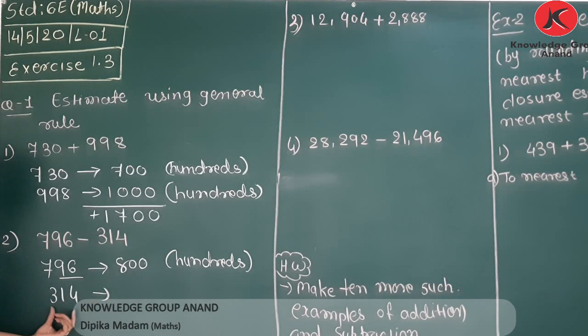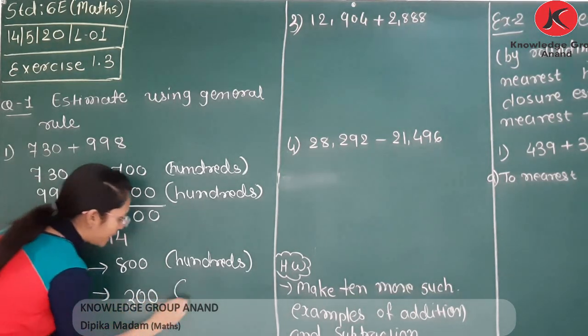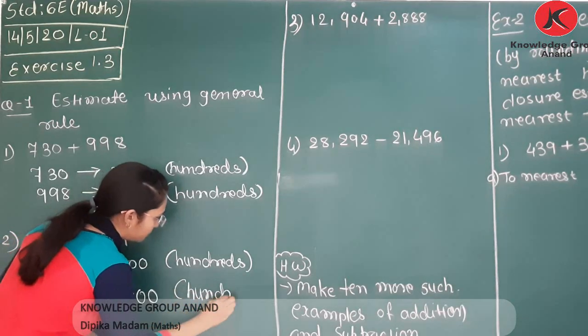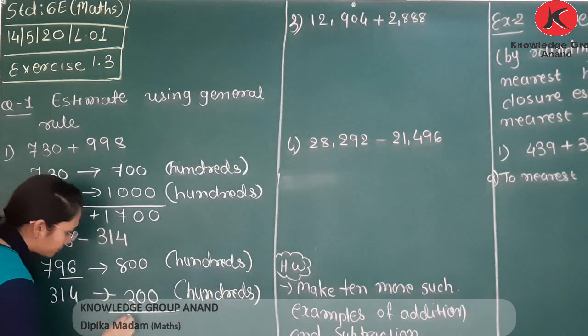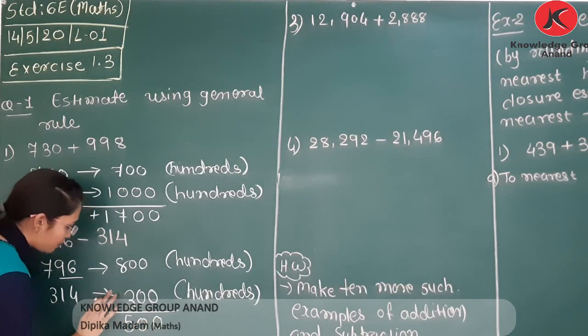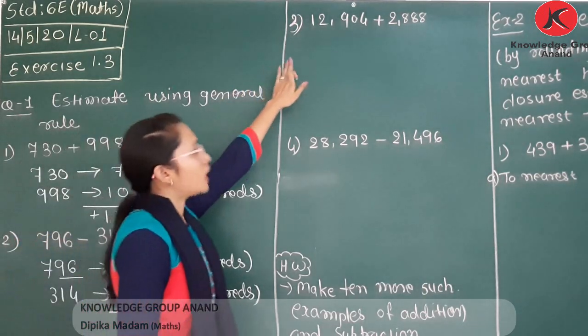So 340, it will be between 300 and 400. It is nearby 300 or 400? 300. So 300. That is 100 estimation. Now perform the subtraction. So our estimated value is 500. Okay. Now third one,